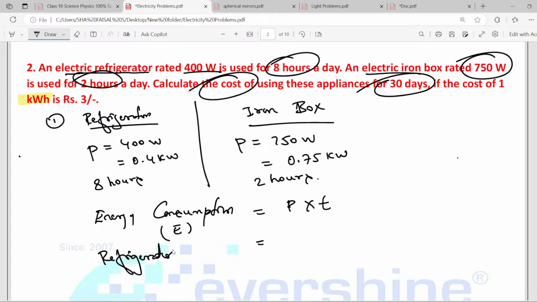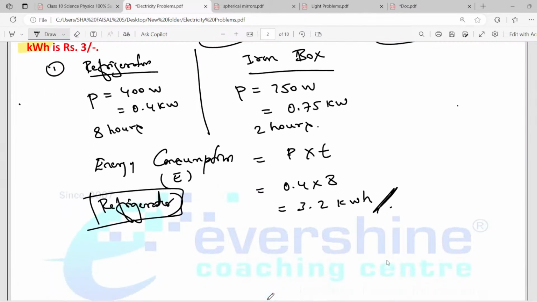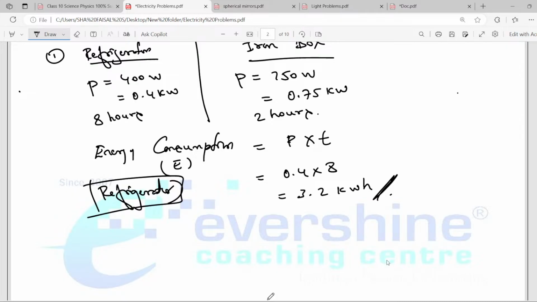Energy consumption for refrigerator, P into T. P is 0.4, hours is 8, isn't it? 8 hours per day. So 0.4 into 8 is 3.2 kilowatt hour. This is for refrigerator. Energy consumption per day is 3.2 kilowatt hour for refrigerator. Similarly,